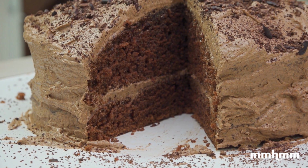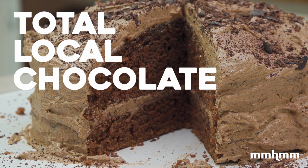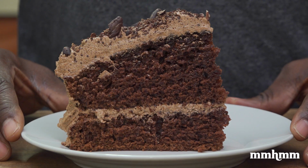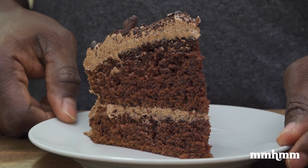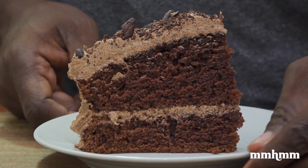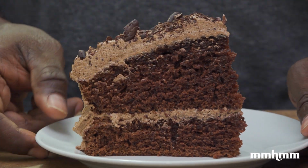Now this is no ordinary chocolate cake recipe. This is my total local chocolate cake recipe. Now, not to say that there is a chocolate cake recipe that's only using local ingredients. The total local part of the title refers to the actual chocolate I'll be using as the star ingredient in